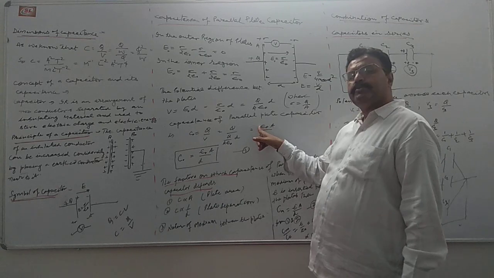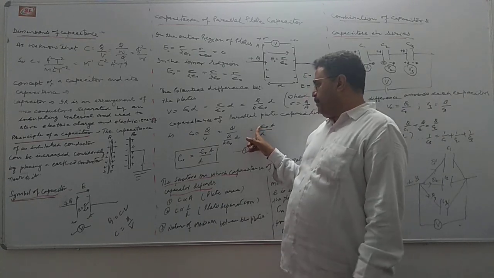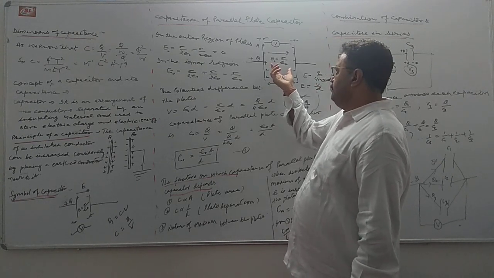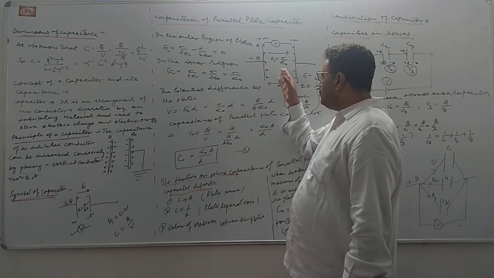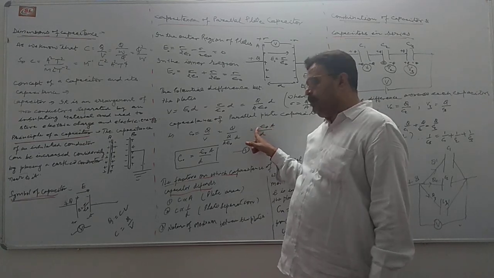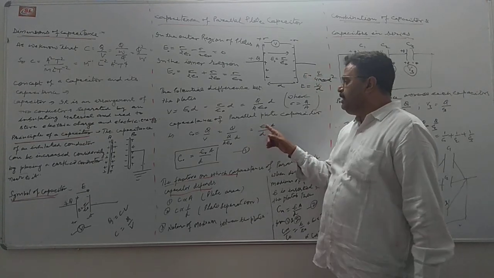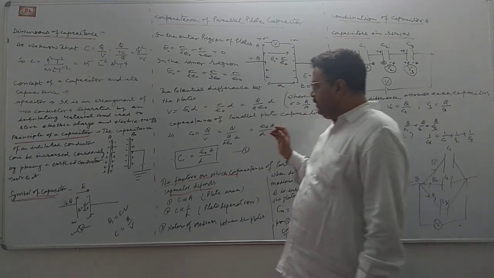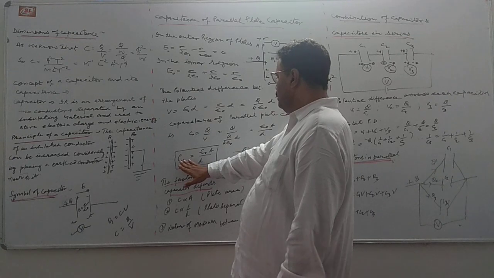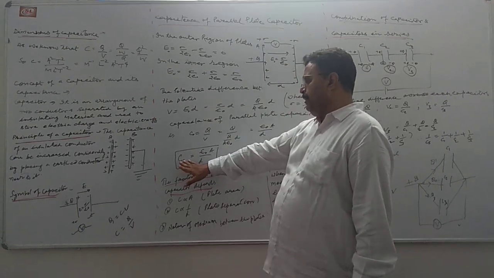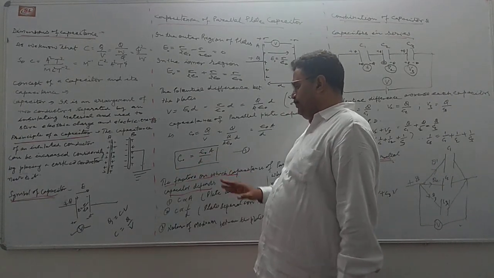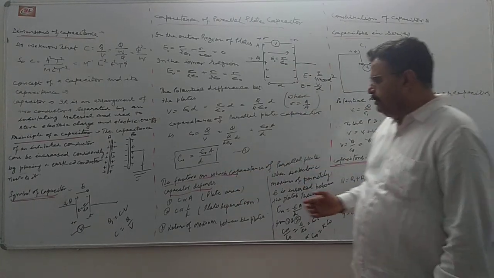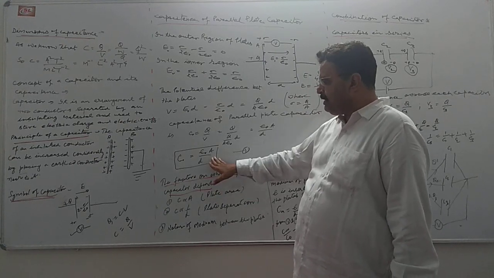You know very well what epsilon naught is here. It is the electrical permittivity of free space between these two plates, which depends upon the nature of the material filled between the two parallel plates. Then C naught, this is the capacitance of a parallel plate capacitor, that is equal to epsilon A upon d. The factors on which the capacitance of a capacitor depends can be taken from this expression.